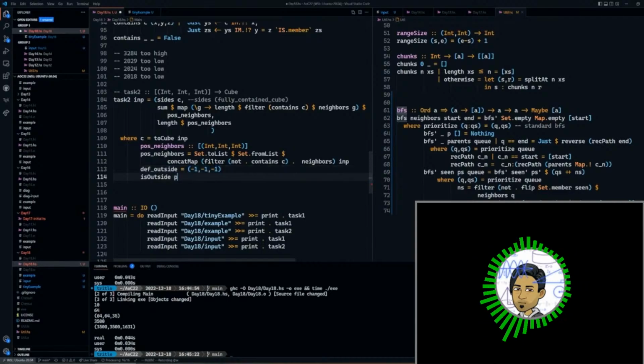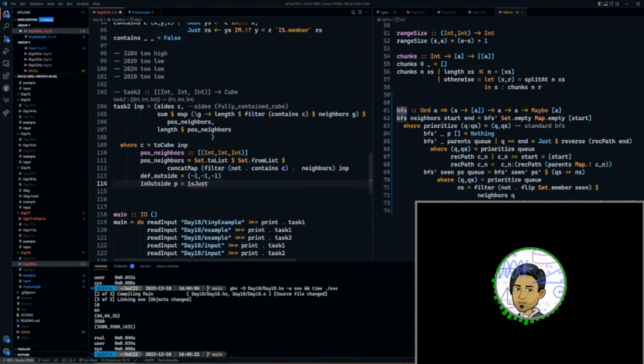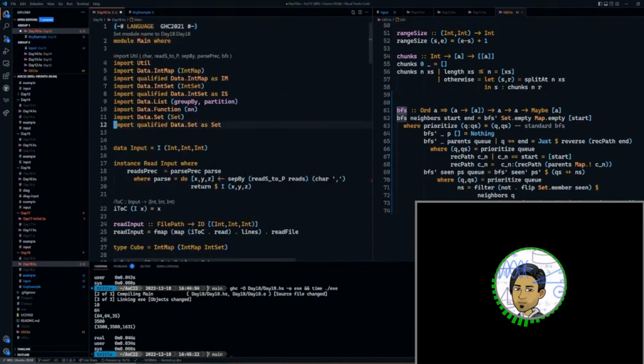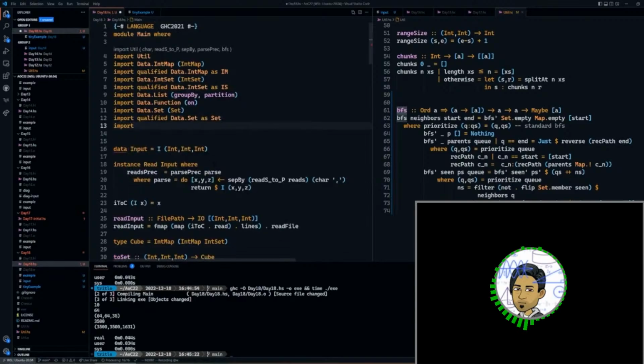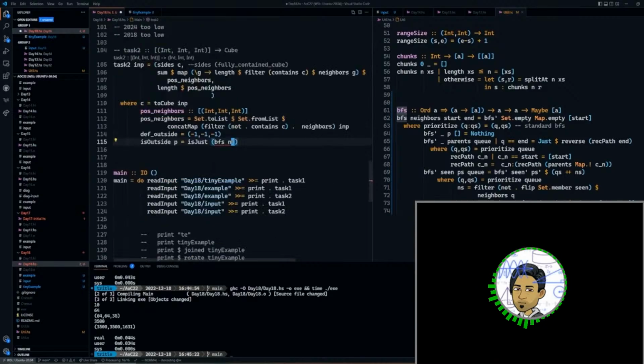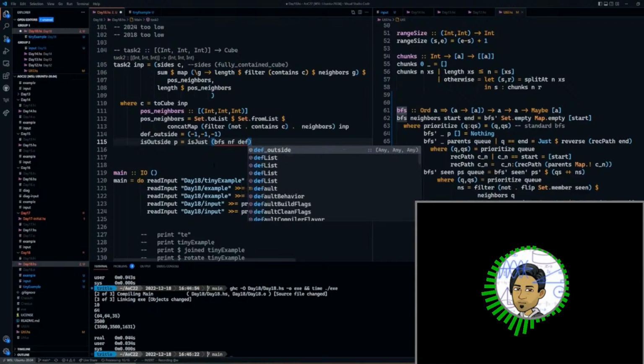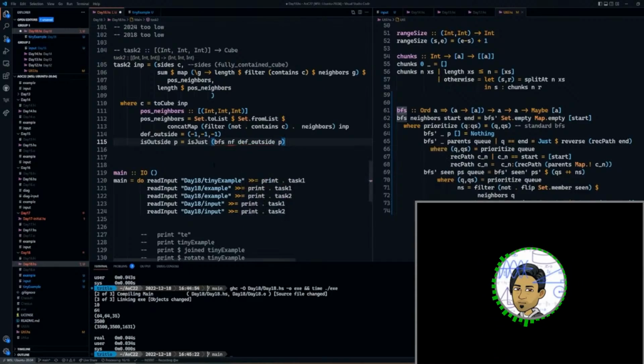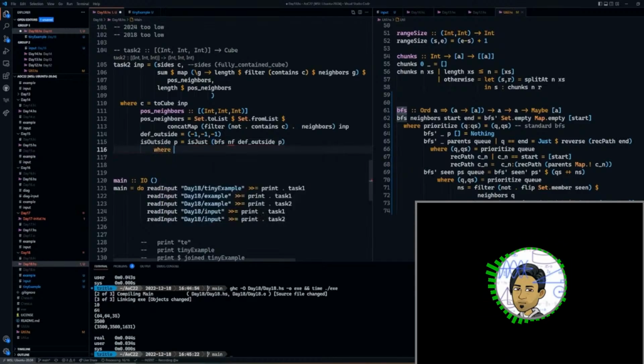Now is outside P is equal to BFS, import data maybe, BFS, and then we start at def outside and we end up at P, where NF,